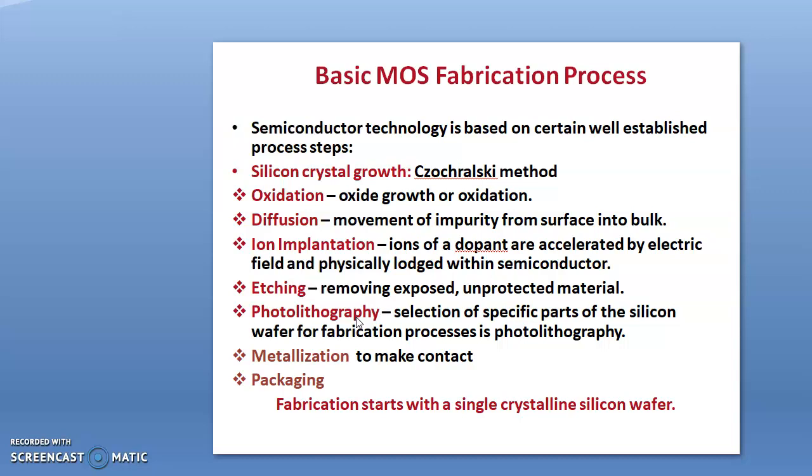on the die. And metallization is finally done to make a contact for source, gate, drain. Suppose we are talking about the MOSFET. For having the connection to the outside world, this metallization is the important step. In that we deposit aluminum, some metal, for connecting to the outside world.